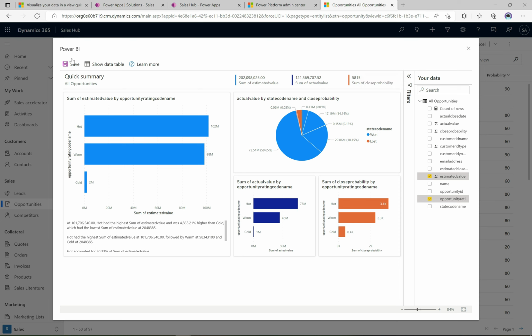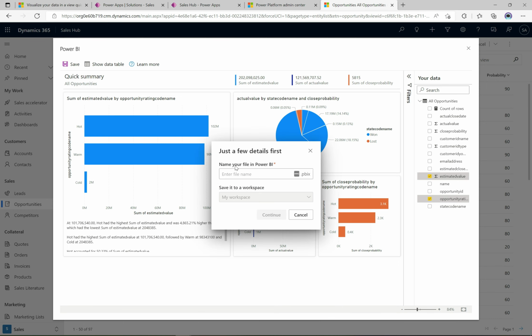So now let's go ahead and look at the top here. So we have this toolbar and we have a save button and we have show data and learn more, right? So let's start with save. If I click on save, we can see here, name your Power BI file. So I'm just going to call this, let's say, all opportunities,